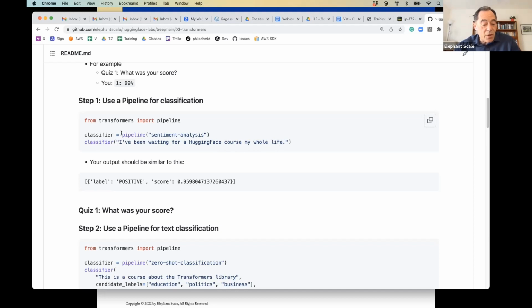Whatever you want to say, observe what comes back, try all kinds of marginal cases. Of course, I've been waiting for Hugging Face my whole life is quite positive. Now, they didn't put 100% probably because you could understand it in a different way, but it is easy.